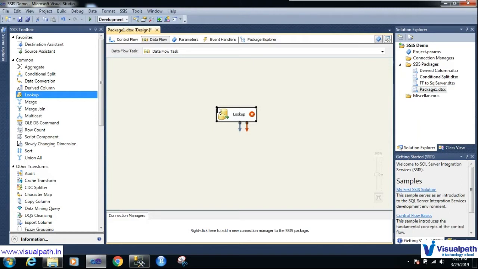If you understand the VLOOKUP functionality in Excel, you will come to know lookup in SSIS. So let's go to Excel and see this functionality, what VLOOKUP is, so that you can get an idea how lookup works internally in SQL Server. That will give you a basic idea. Okay, let's go to Excel.